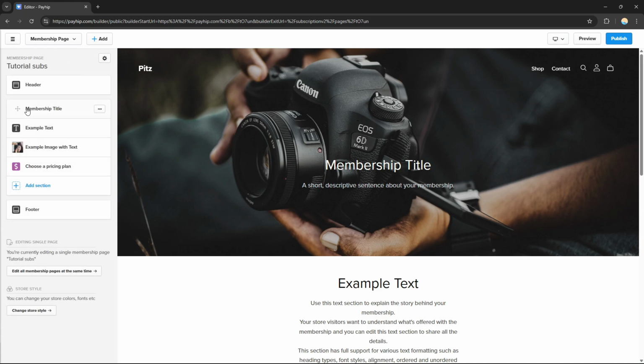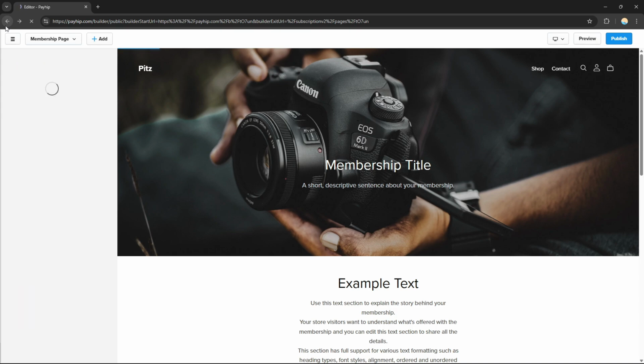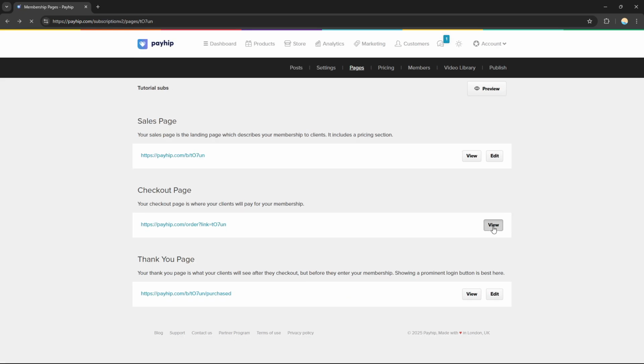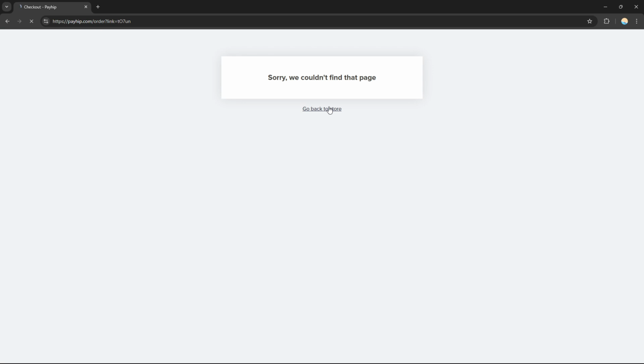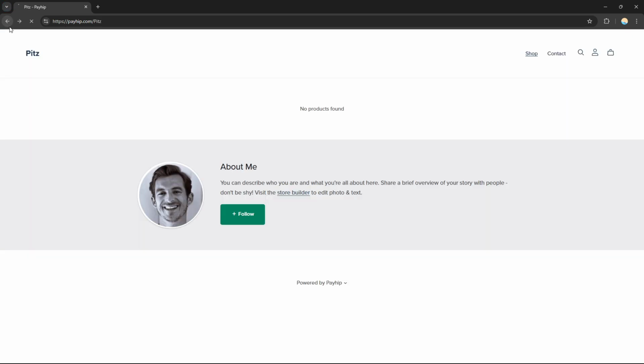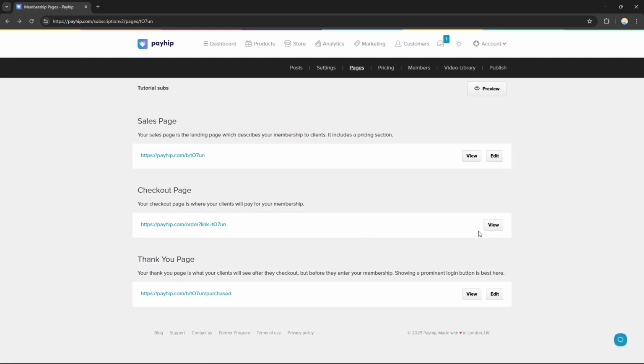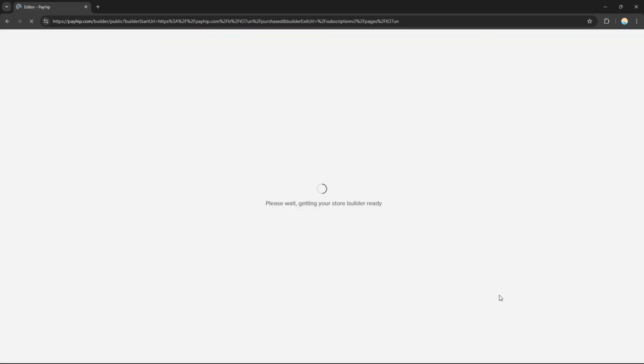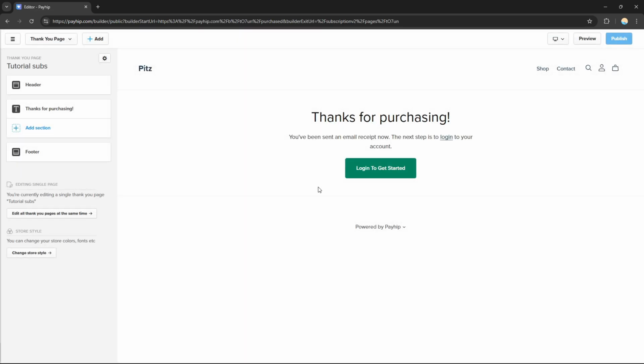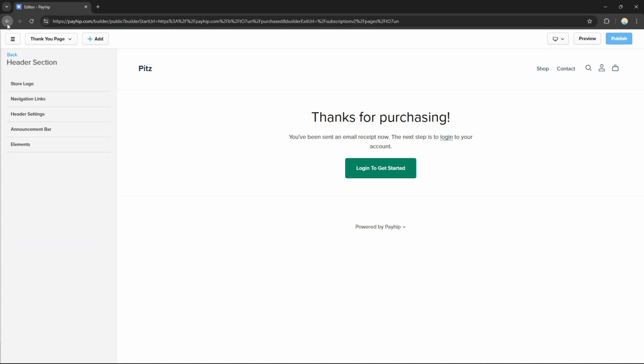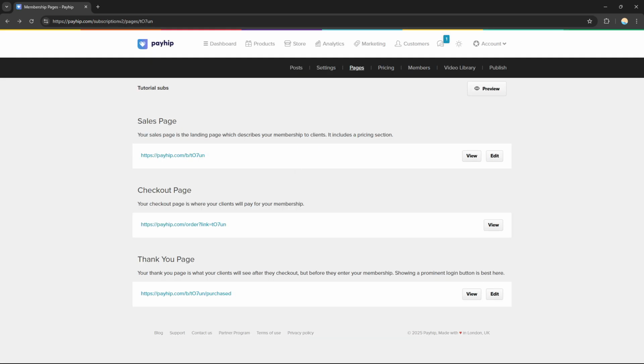So after changing all of these sections right here, you can just explore it. It's very easy. You can just go back, go to the checkout page, and click view. I don't have any checkout page for now, but if you do, you can edit it also. And also the thank you page, you can edit this one. So make sure that you edit all of your pages based on your subscription to make it more